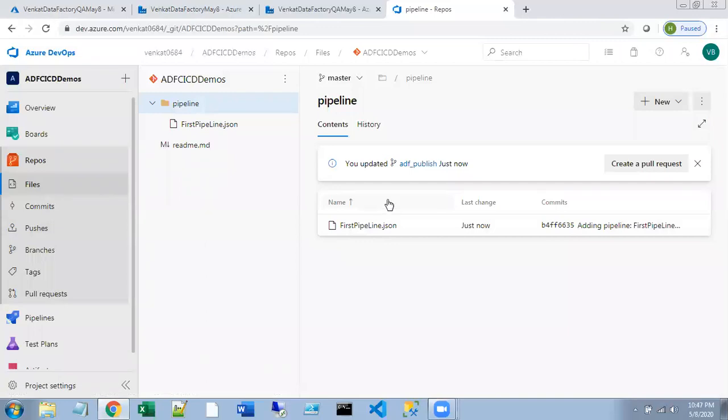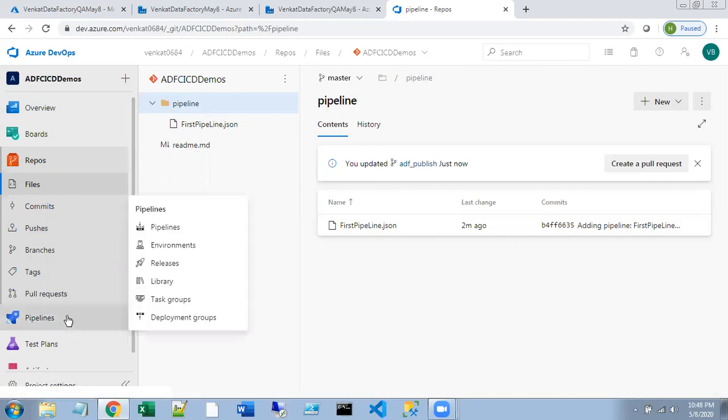By default, a branch called ADF_publish is going to be created, and this is the one that you are going to use for your continuous integration and continuous deployment. So once you commit your code, or once you approve your pull request, this is the time for integrating your code for continuous integration and continuous deployment.